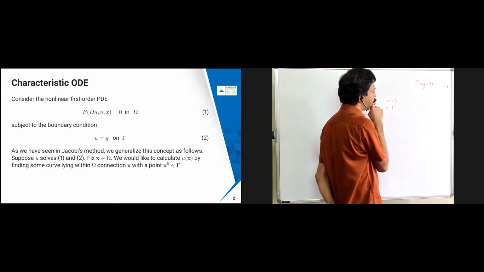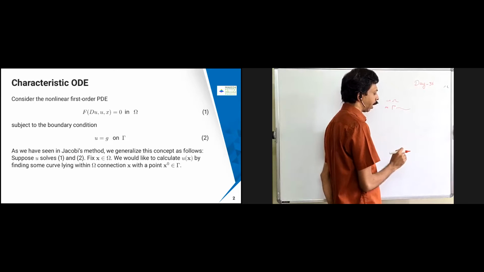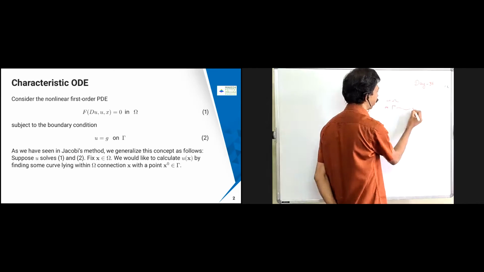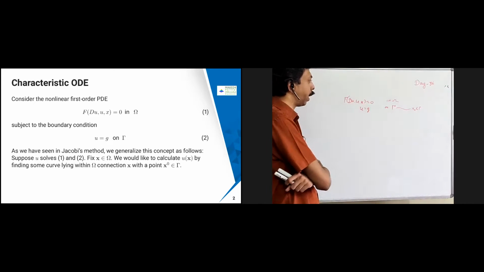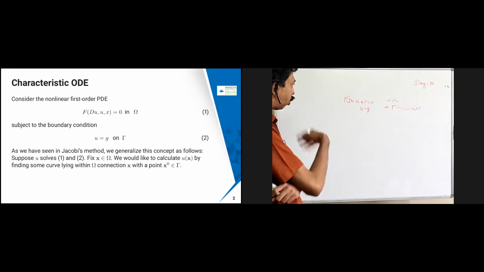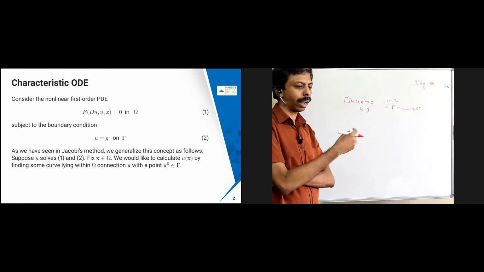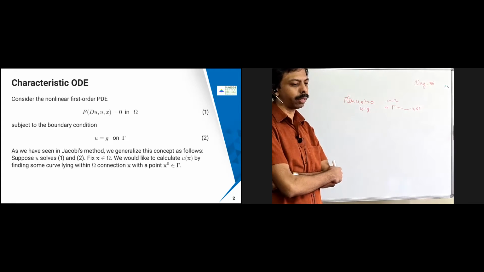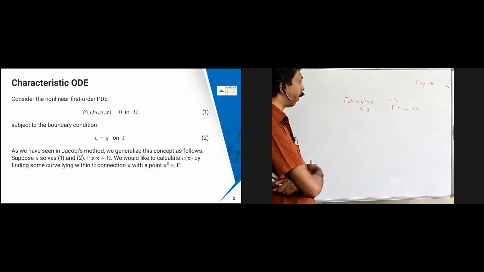For this gamma I am going to deal with it differently. Let me take some point x naught, where x naught belongs to gamma. For this gamma I will deal separately with straightening the boundary condition, non-characteristic data, and compatibility conditions. These are all the things I will be dealing with. Before that, I want to find the characteristic ODE first, which is going to be a system of ODEs. For those ODEs, we are going to find all the possible ways to involve this gamma.